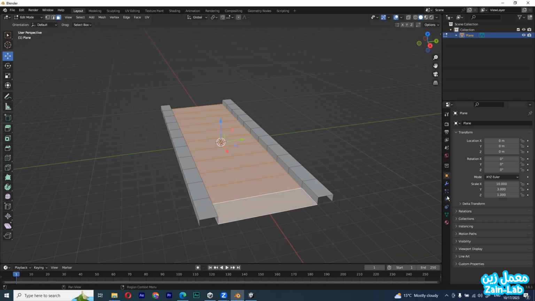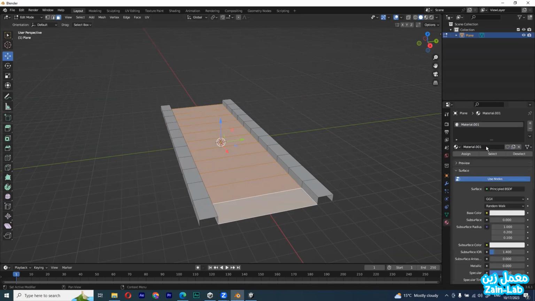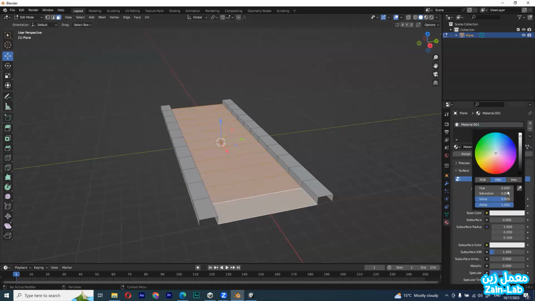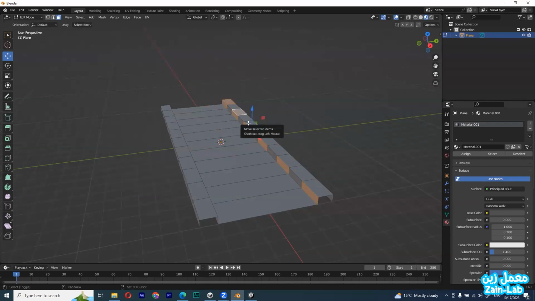Okay. Here, I will choose material, and I will press new, and I will make this material, for example, gray, like that. Okay. As you can see, I couldn't see the material, so I will press here in viewport shading. It's the material for all object. No problem. I will choose here faces in this area, and here I will make a new material